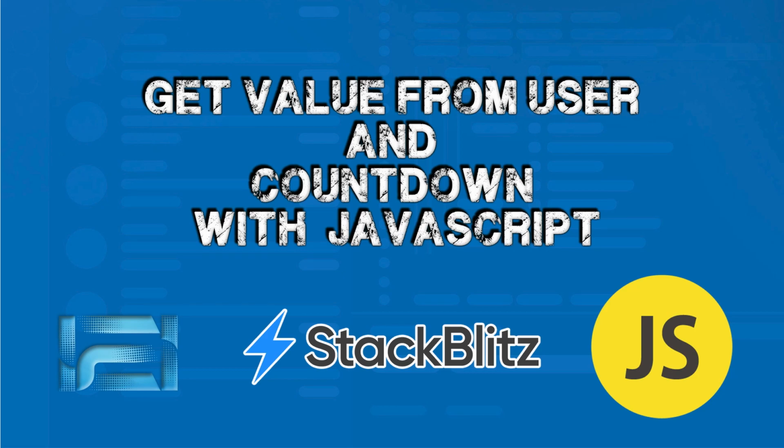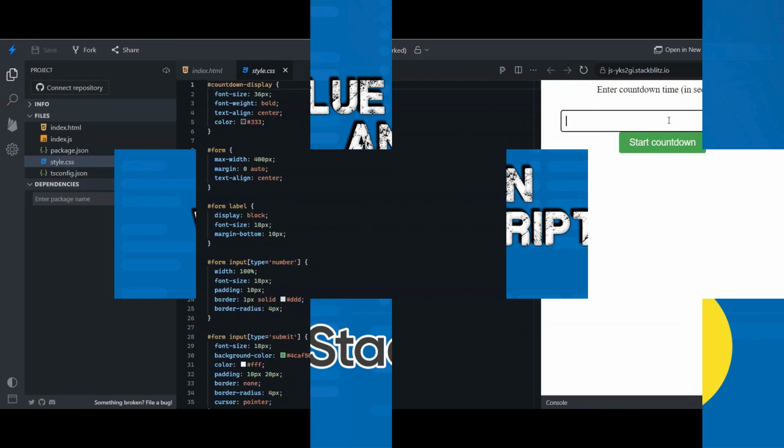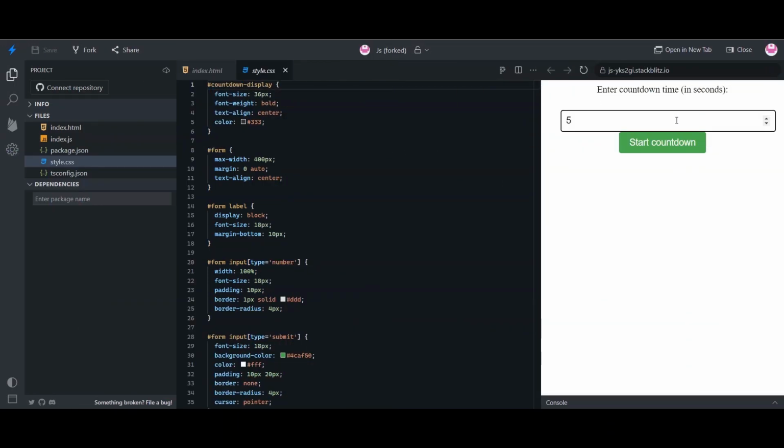Hi, and welcome to this tutorial on creating a countdown timer with JavaScript. In this video, we'll be covering everything you need to know to build your own countdown timer from scratch. You'll learn how to get user input, update the timer display, and handle the countdown logic. By the end of this tutorial, you'll have a fully functional countdown timer that you can use on your own